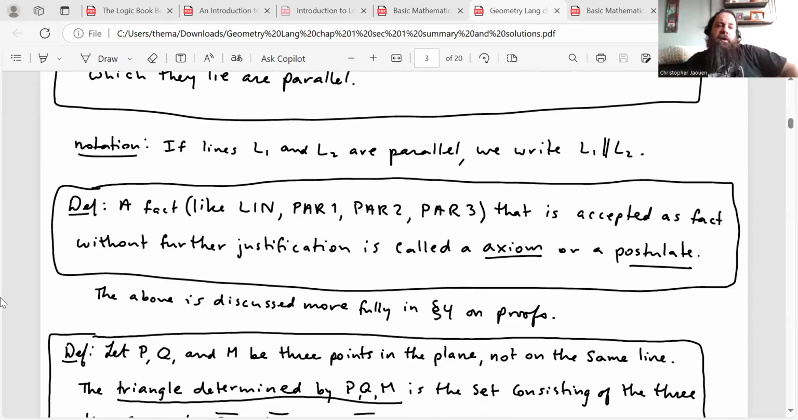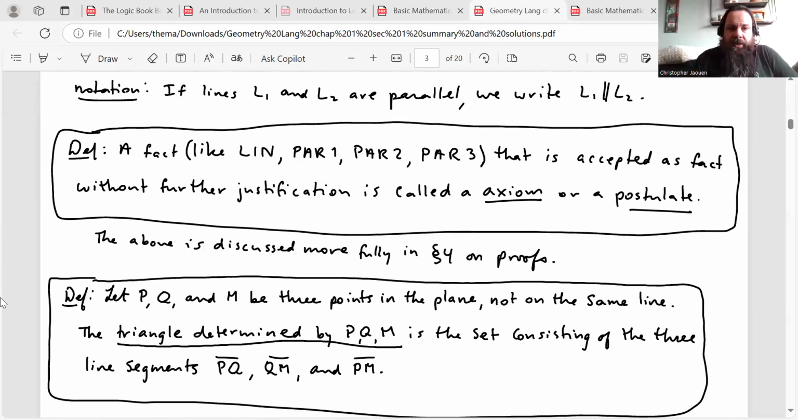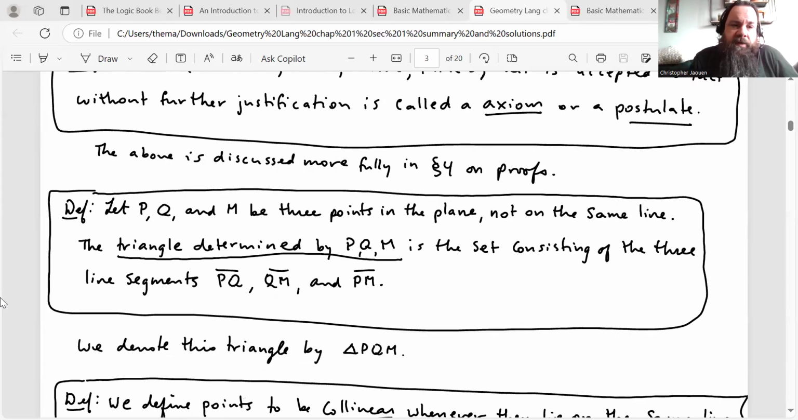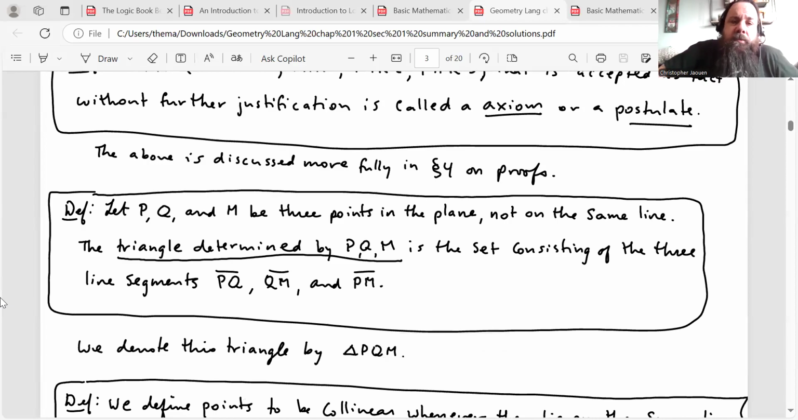Okay, another definition: a fact like Line, Par 1, Par 2, Par 3, that is accepted as fact without further justification is called an axiom or a postulate. And this concept that I just mentioned is discussed more fully in section 4 on proofs, which we'll get to eventually. All right, another definition: let P, Q, M be 3 points in the plane,